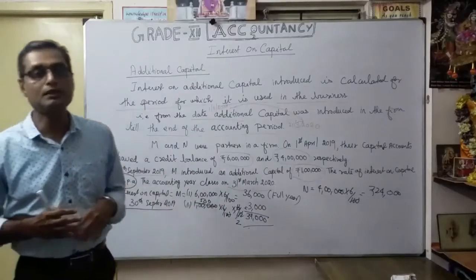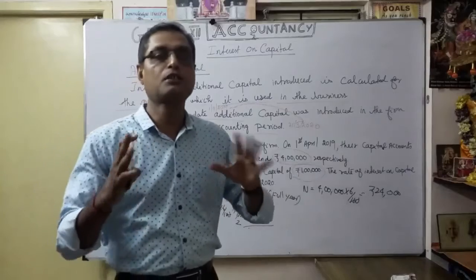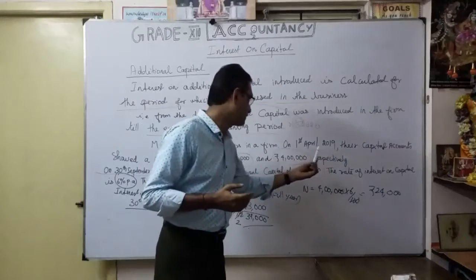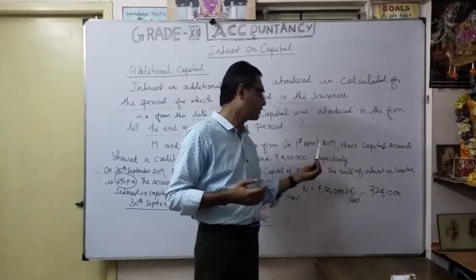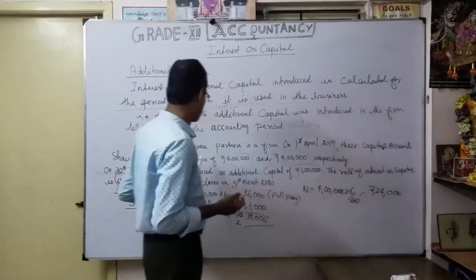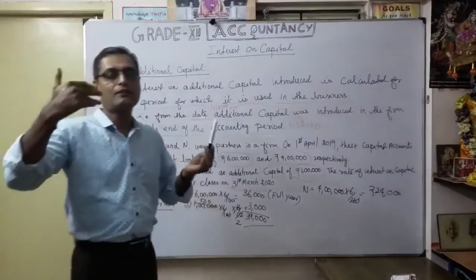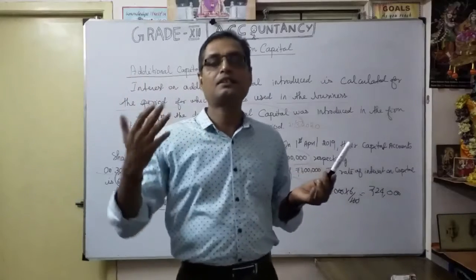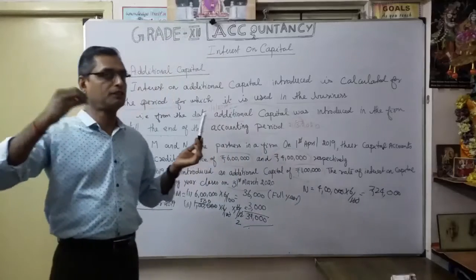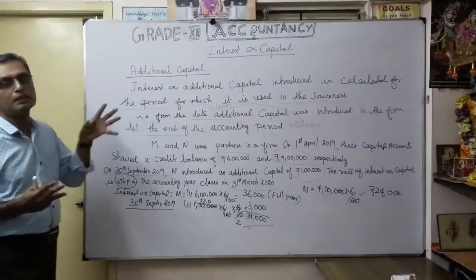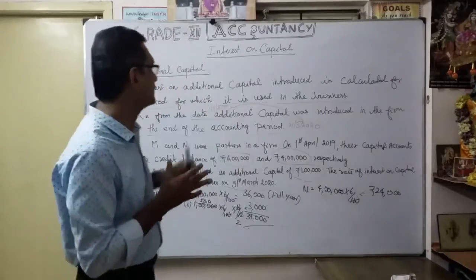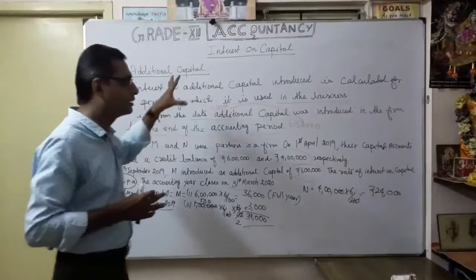Now we are going to see the third one. Very, very important: if opening capital is not given, how are you going to calculate? As you know very well, interest on capital is based on the opening capital, whatever the starting capital is, shown as a credit balance in the capital account. Usually our last year's closing capital is this year's opening capital. Sometimes opening capital is not given. So how are you going to find out the opening capital with the available information? Now let's see that with the help of the formula.